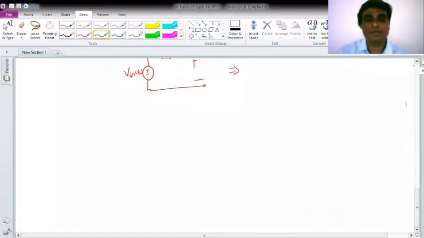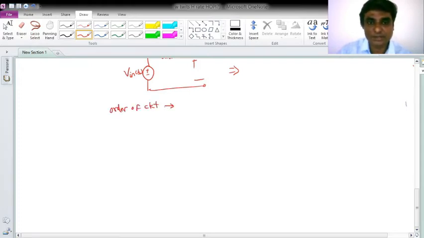So previously what happened, we had a network, we solved it, then we obtained the system operator, and from that system operator, by looking at the power of p, we can decide the order, right? So can you find out the order by just looking at the circuit? The answer is yes, you can do that. So let us discuss something related to the order of the system. The order of the system or order of the circuit is related to the number of independent energy storage elements.